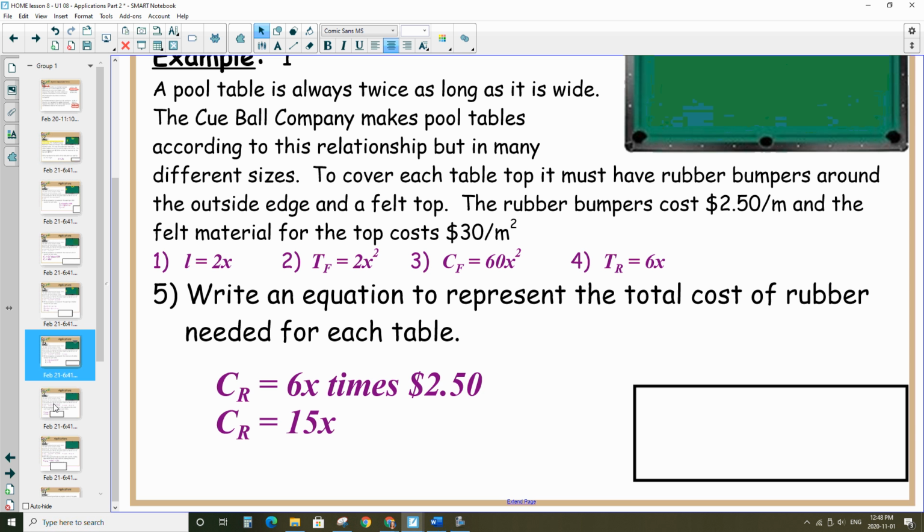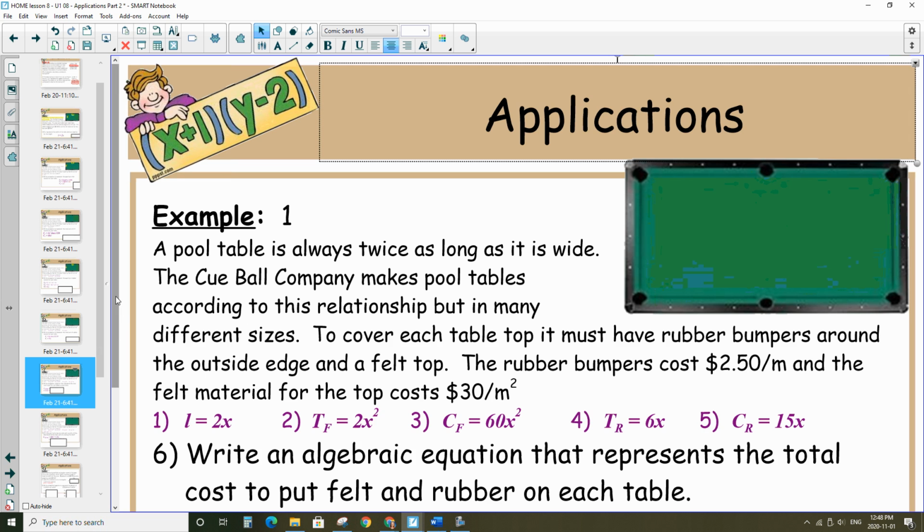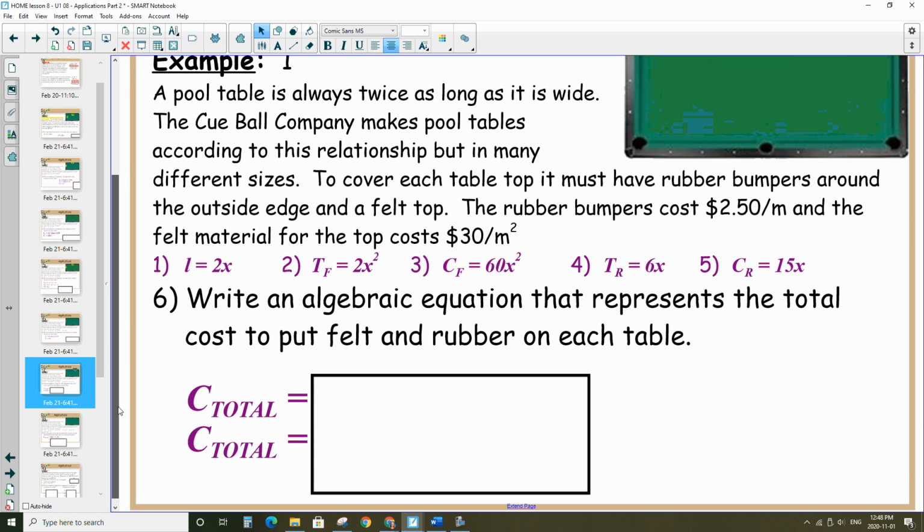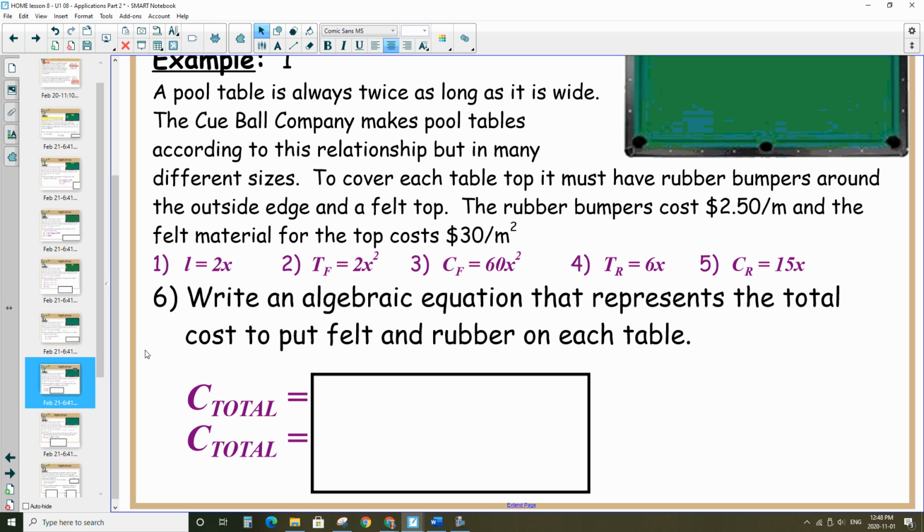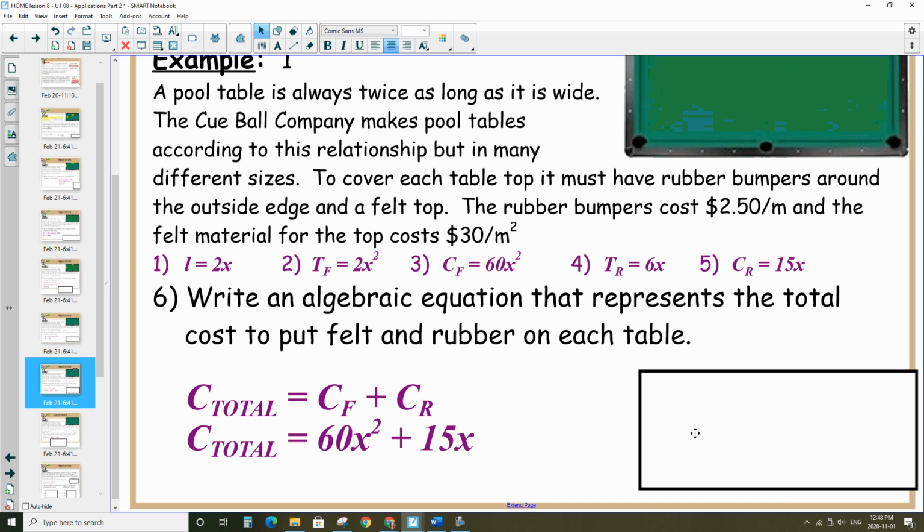We're setting up these algebraic expressions because if we're told how long the width or the length are, then we can figure out the total cost to maybe replace the felt or replace the rubber. So write an algebraic expression that represents the total cost. Now we're going to be looking at the cost of the felt, which was number 3, and the cost of the rubber, which was in question 5, 15x. So we're just going to add those together. So for one general equation,